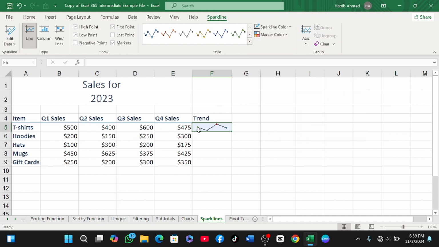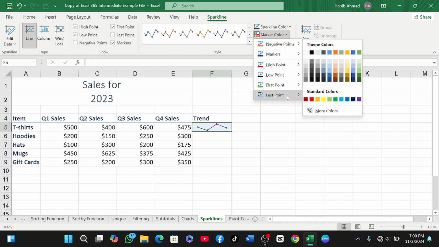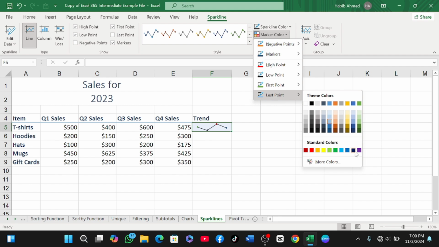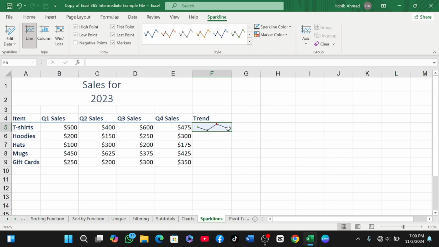You can see now my first point is green in color, my low point is black, high point red, and my last point, maybe I will click on purple, like that. You can see now I do have different colors for different points: first point, the low point, the high point, and the last point. And now I can autofill to select the rest of the